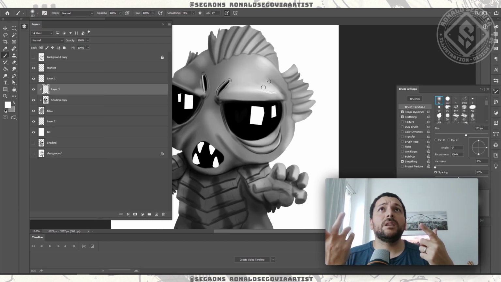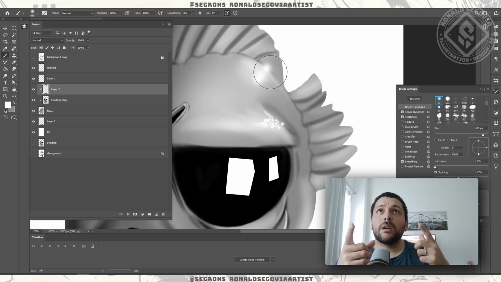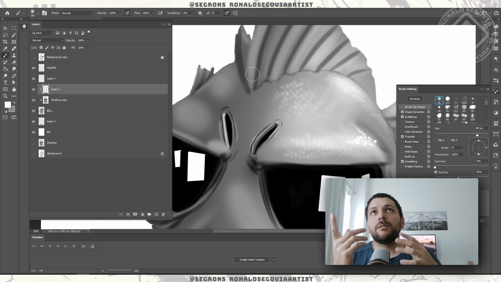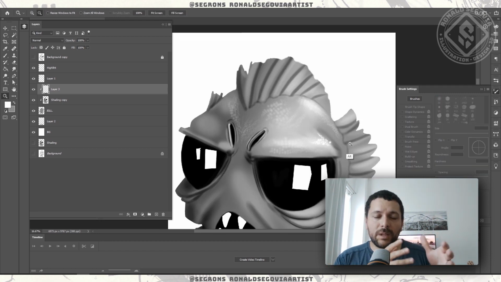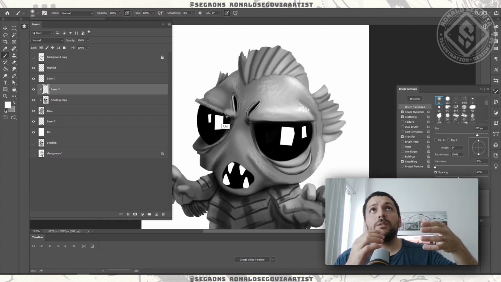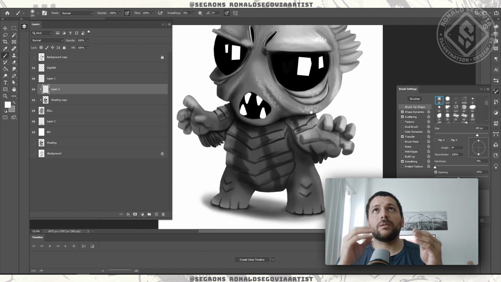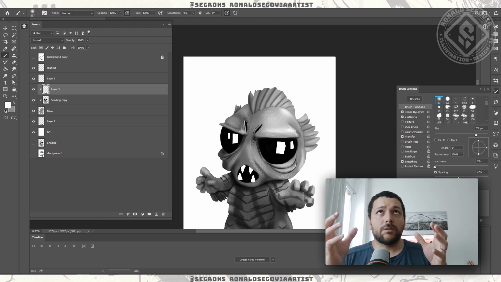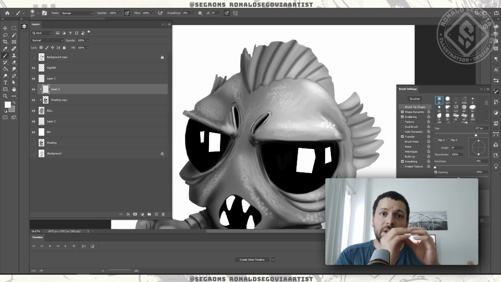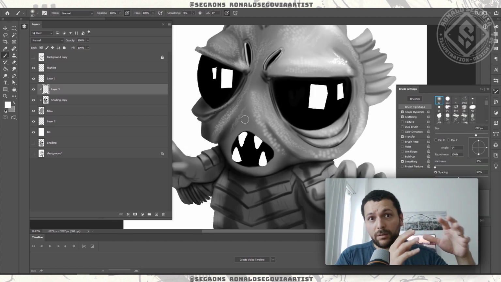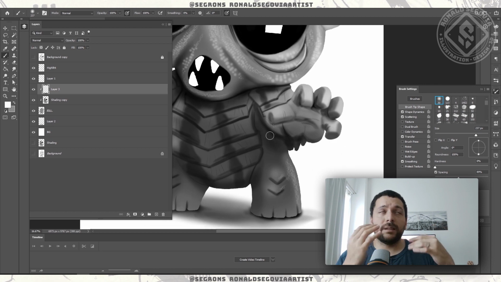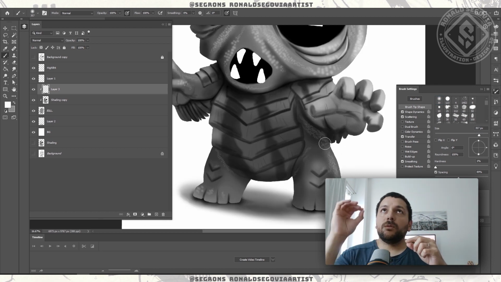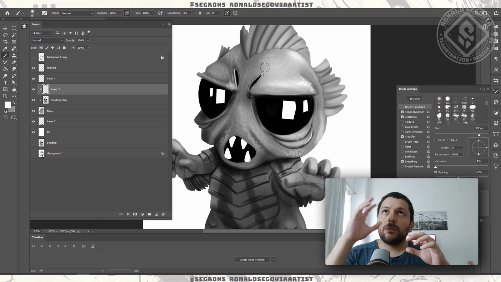Here you can see me adding textures to the character. This, well, it takes its time. I added the texture on a different layer, and I was trying to get sort of the fish skin texture on the character. Basically what you do is you take a soft brush and you turn it into a scatter, as I mentioned in my previous video, and that allows you to get that sort of texture,